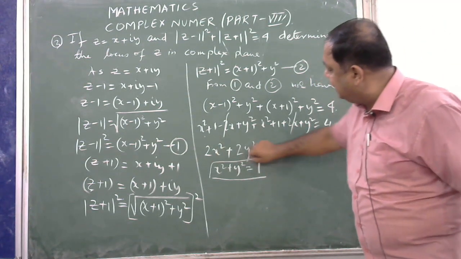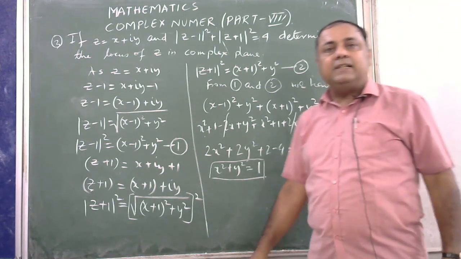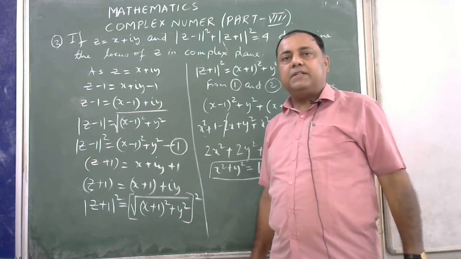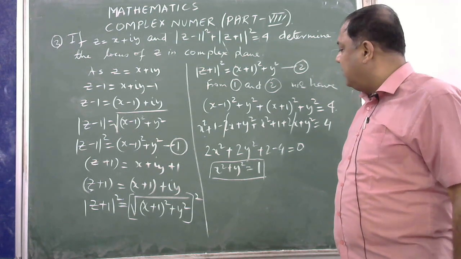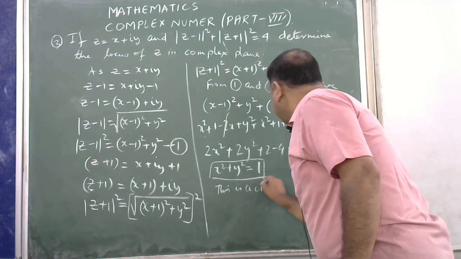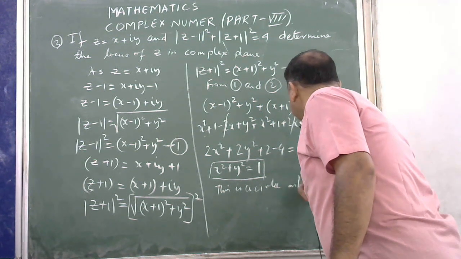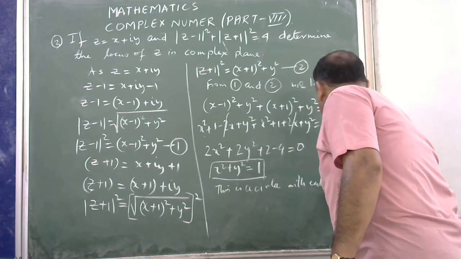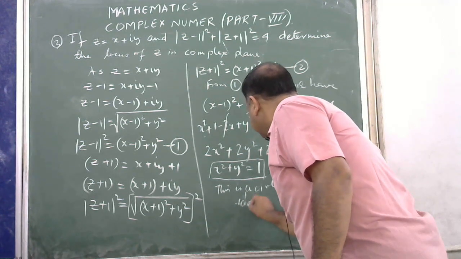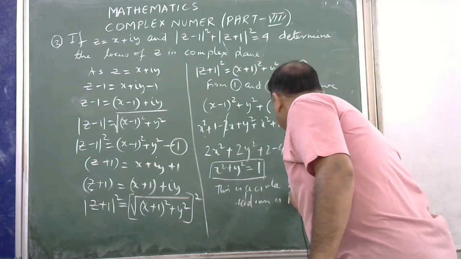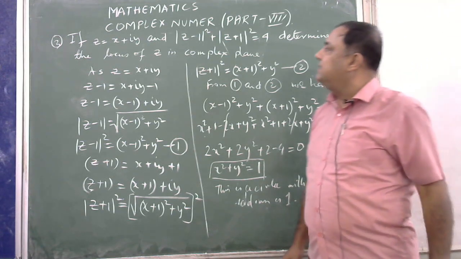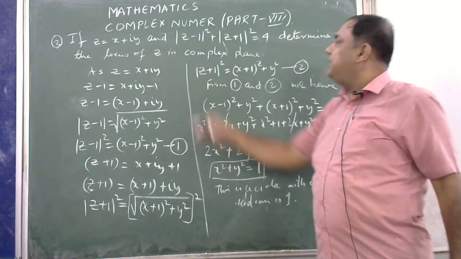I have simplified and cancelled 2. What is the result I am getting? My result is x square plus y square is equal to 1. This is a circle with center 0, 0 and radius is 1. So therefore, as far as problem number 3 is concerned, the value of z is given as x plus iy